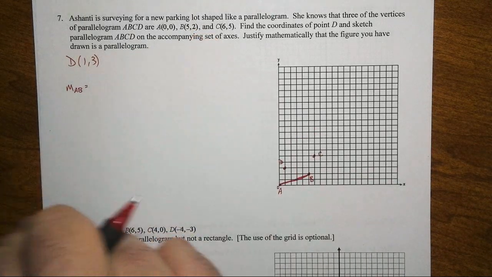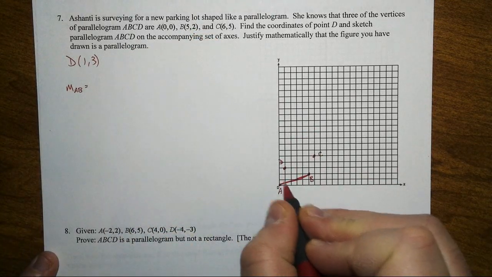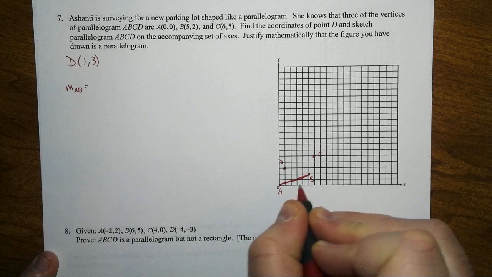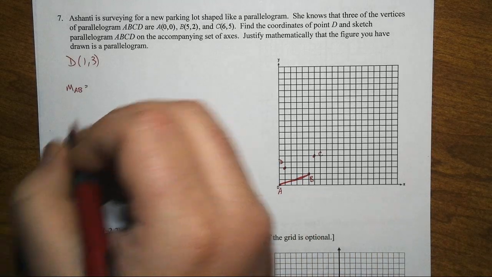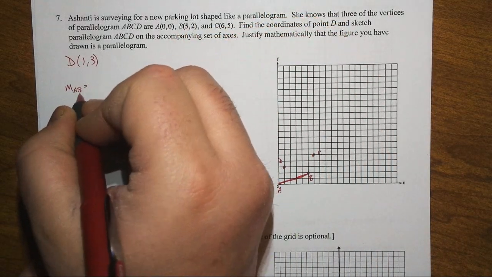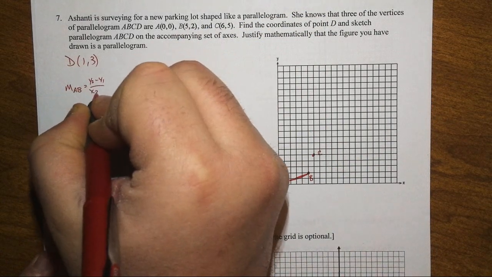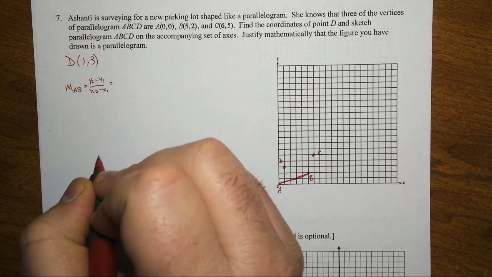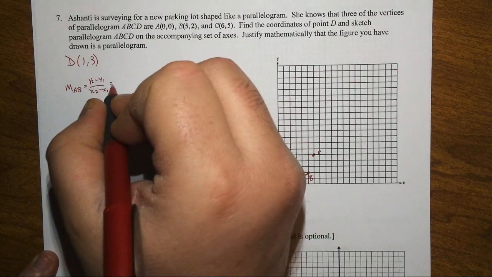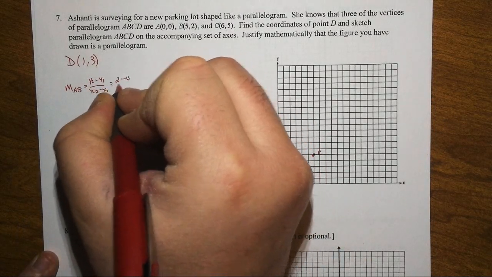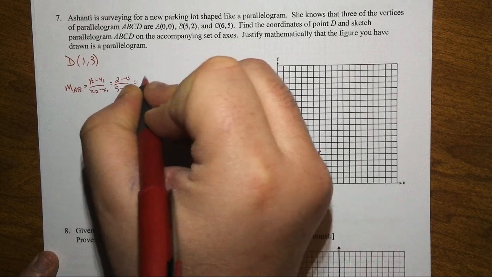I'm going to use the formula here, but you can also just use the graph, right? Draw the rise over run here and count it. Okay, so from A to B, we're using B as the second point. We know it's y2 minus y1 over x2 minus x1. That's the only time I'll write that on this problem here. So the slope of AB is going to be 2 minus 0 over 5 minus 0, which is equal to